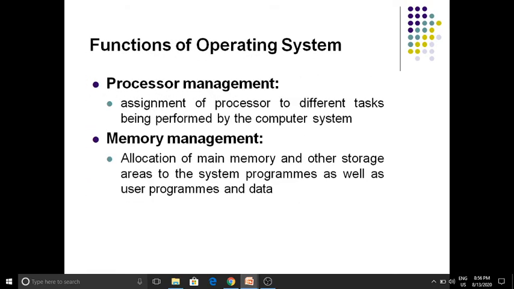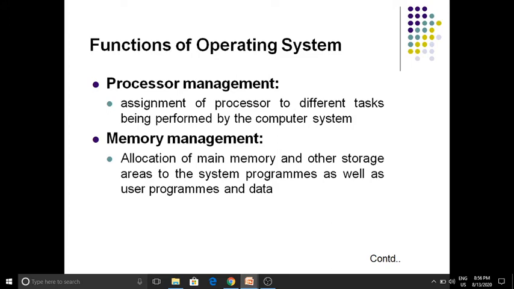Let us see in detail what is processor management. The first function of the operating system is processor management: assignment of the processor to the different tasks being performed by the computer system.